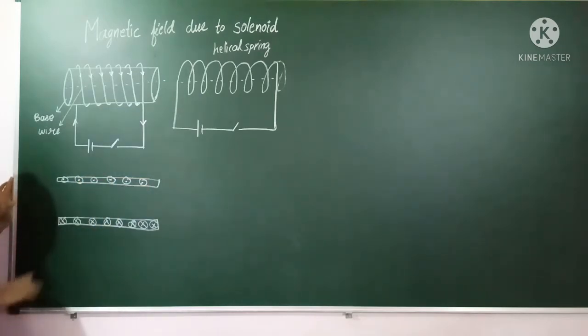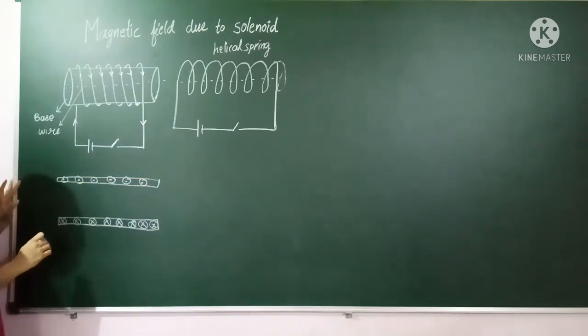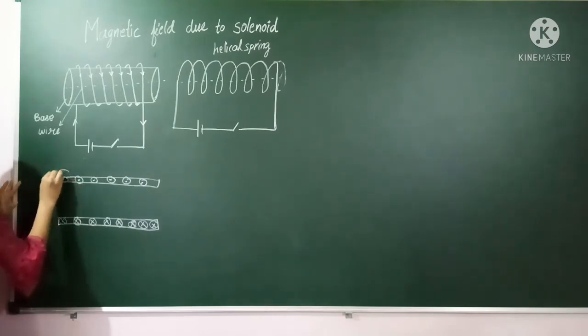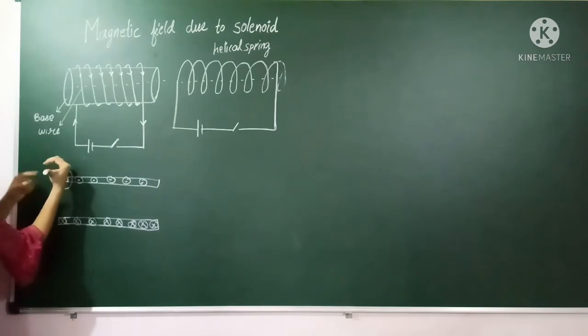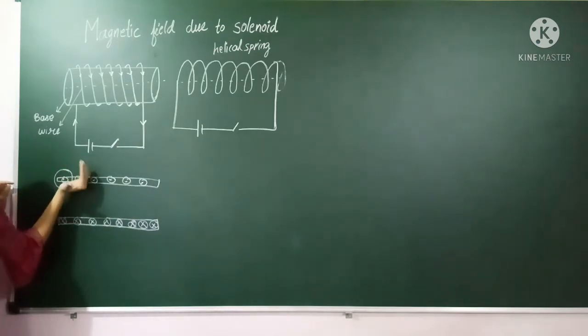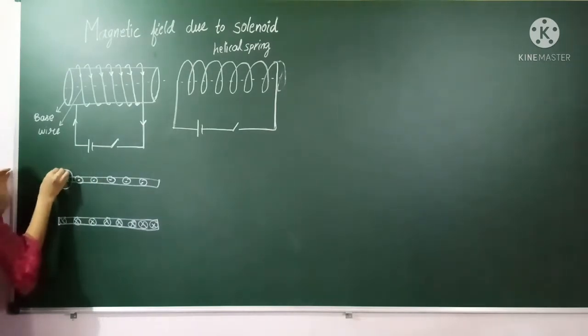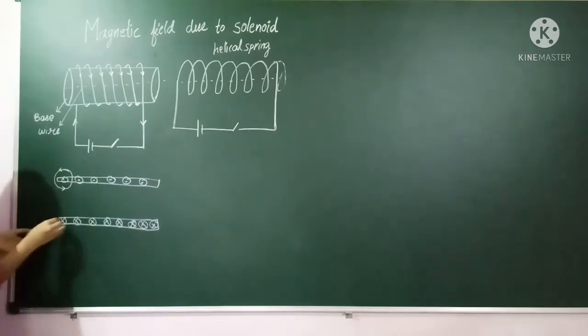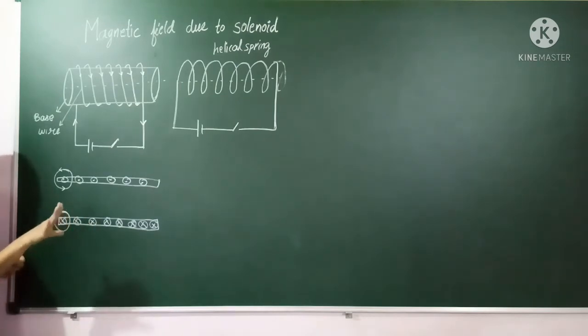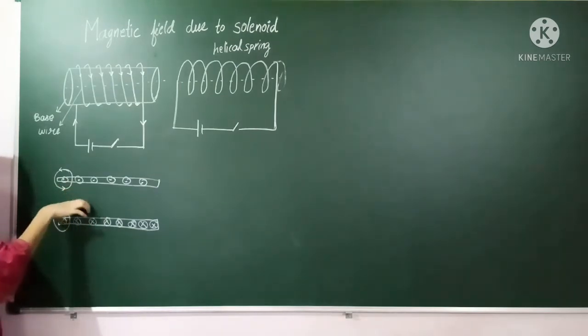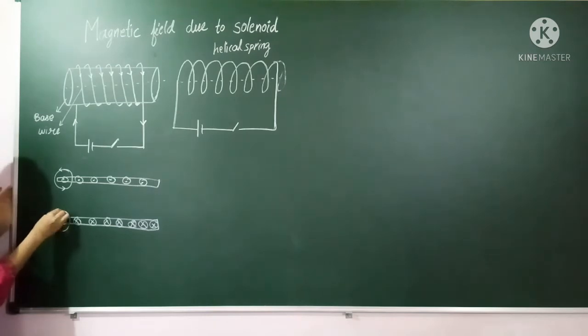Next, if you want to determine the direction of the magnetic field, take a circle here. This point is pointing out, which means the thumb is pointing outward. Curl the fingers: the current is outward, so the magnetic field will be in the anti-clockwise direction. Again here, to determine the direction, the thumb is placed in the direction of current pointing inward, and the fingers curl in the clockwise direction. So this is the direction of the magnetic field.